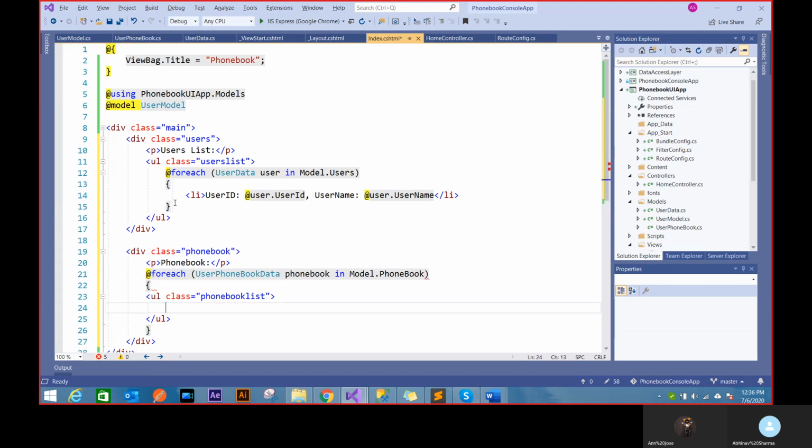I'll be creating multiple ULs rather than a single UL because every user will have multiple data. And see, as soon as I want to use that phone book, I have to put the @ sign. Otherwise, it becomes really weird. So now I want to say that user is phonebook.user.username. I can also say user ID is phonebook.user.userID, comma, username,